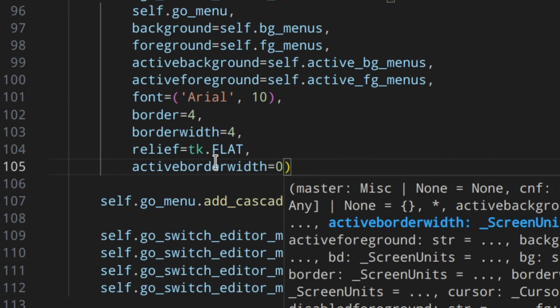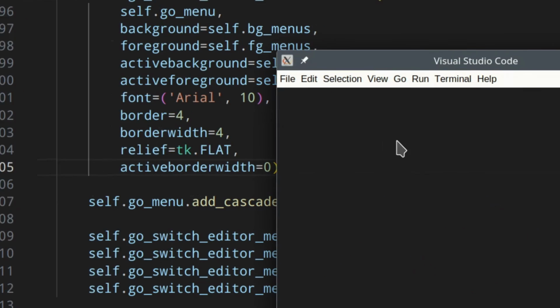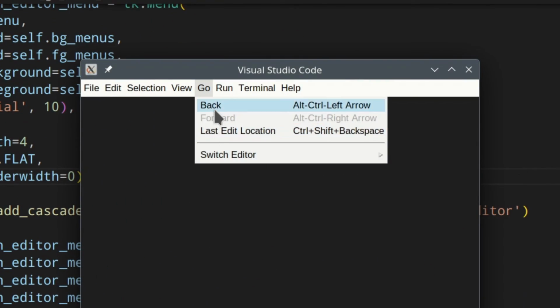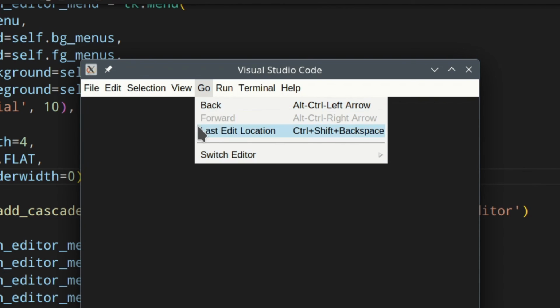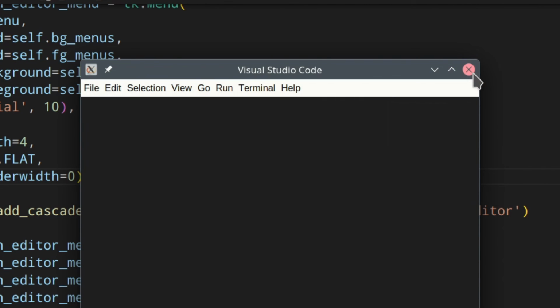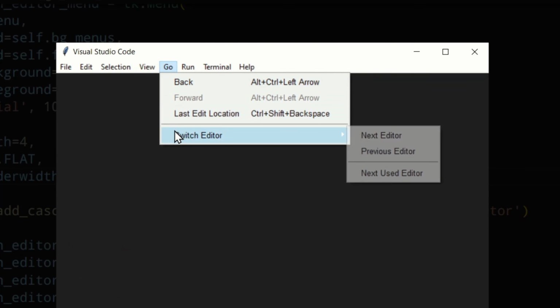Here on Linux this needs to be 0, but on Windows this should be 4. Perfect. So let's actually keep 0 and see what we get. And as you can see, this is what we get on Linux. You've got the separator, the commands, and then this is another menu, and then another menu, or the style. And let's actually see what we've got on Windows. So now on the screen, you should see the final product on Windows, which looks quite cool in my opinion.